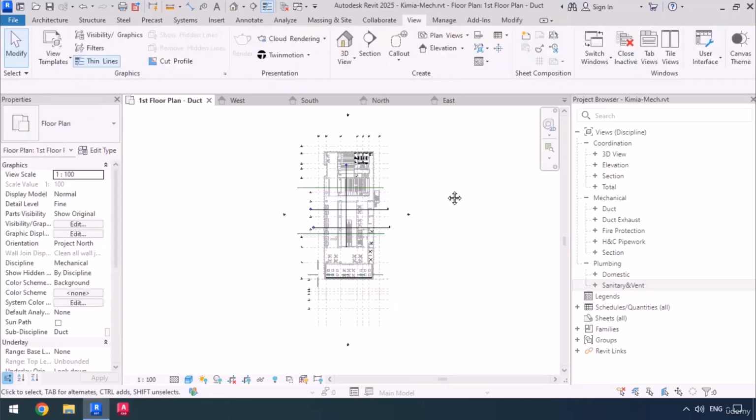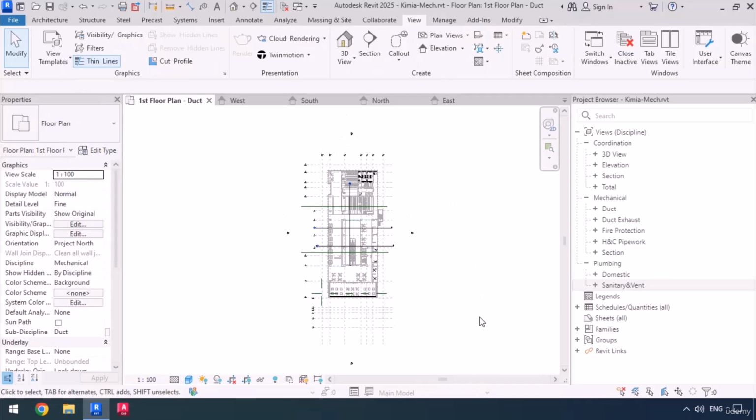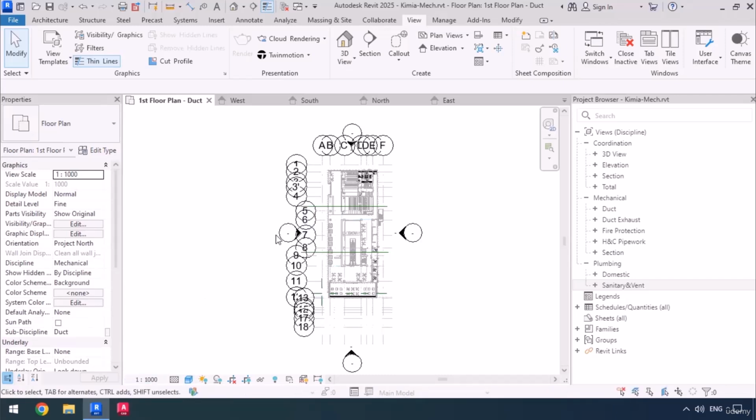Now, in case you couldn't find your elevations so you could reposition them, you could simply go down to the scale level and temporarily change it from 1/100 to, for example, 1/1000, and that way the elevation circles will appear bigger, as you can also see right here. Now they are easier to discern, and you can easily reposition them. Also, after you're done, make sure you don't forget to change your scale level back to 1/100.